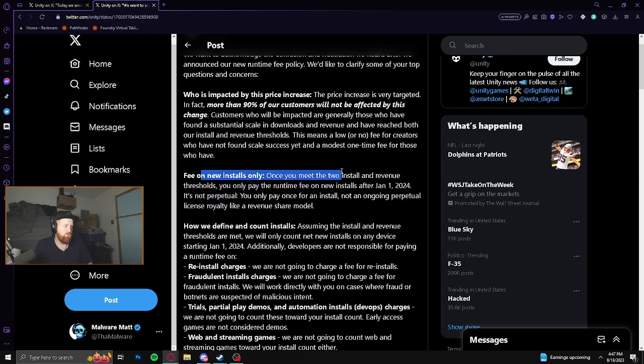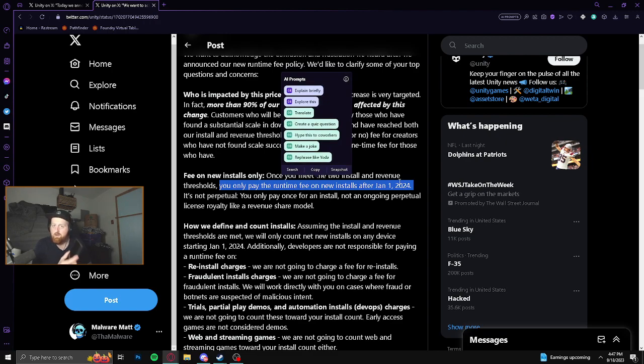Once you meet the two install and revenue thresholds, you will pay the runtime fee on new installs after January 1st, 2024. Whenever a new device downloads the game,